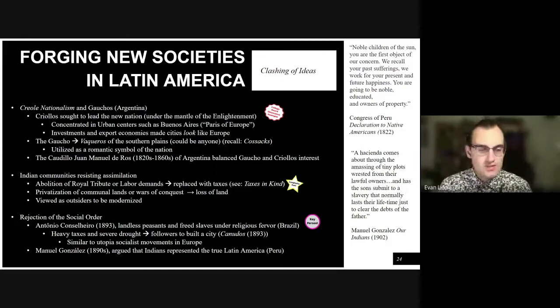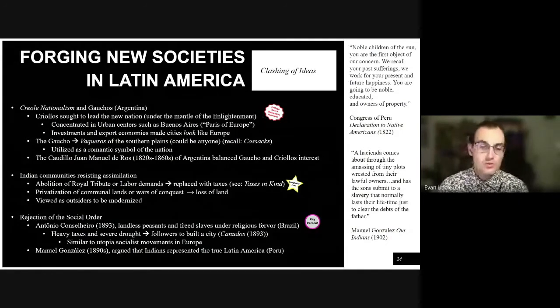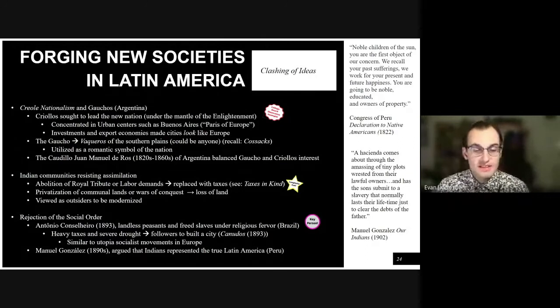And the privatization of communal lands, which was something that the new Latin American states also did, meant that it was much easier for them to deprive Native Americans of their lands. Individual Native Americans could sell their particular plot of land, or their particular plot of land could be taken from them, versus communal land that was supposed to be for all Native Americans and had been guaranteed under the Spanish crown. This put Native Americans at a distinct economic and social disadvantage in these new states.